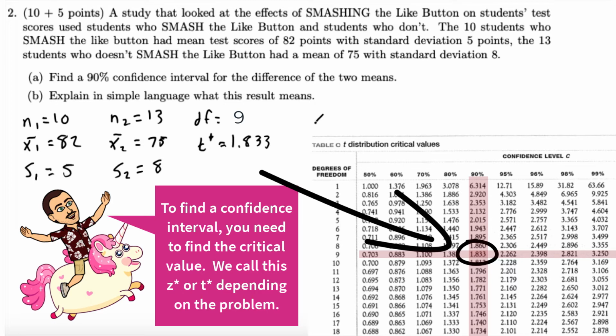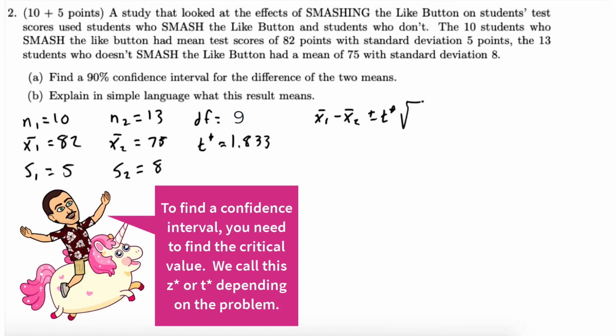We know that a 90% confidence interval for the difference of the two means is x1 bar minus x2 bar plus or minus T star times the standard error, which is the square root of S1 squared over N1 plus S2 squared over N2. Now we could just type all of this into a calculator,